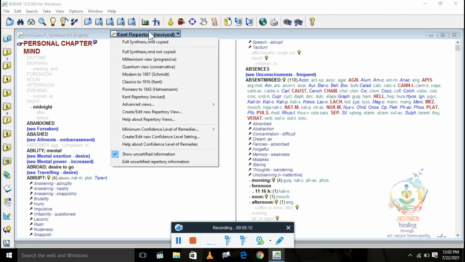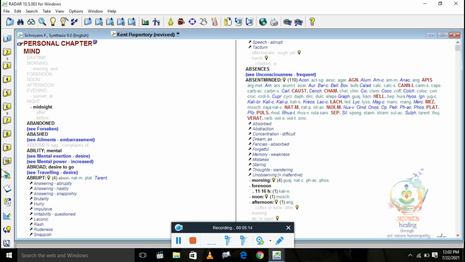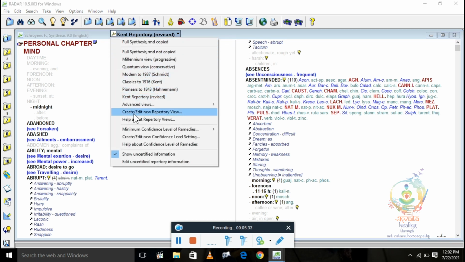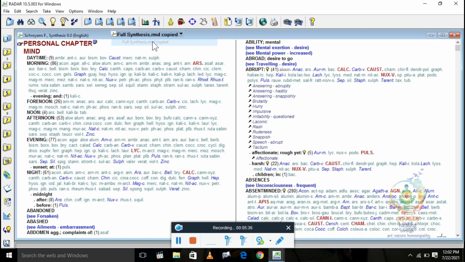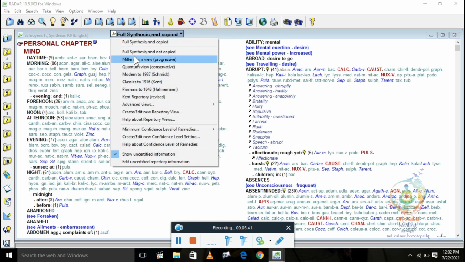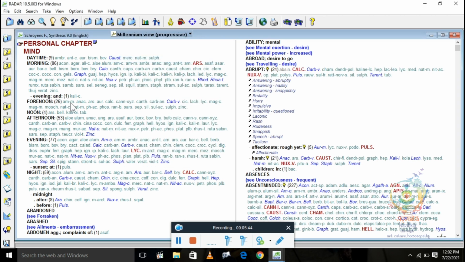When you click on the Kent repertory revised edition, all the rubrics which are not in Kent become invisible, and only rubrics which are present in Kent will appear. So you can select either Kent, full Synthesis, or Millennium view, whatever you find comfortable. Those are the 2 tabs we have discussed.